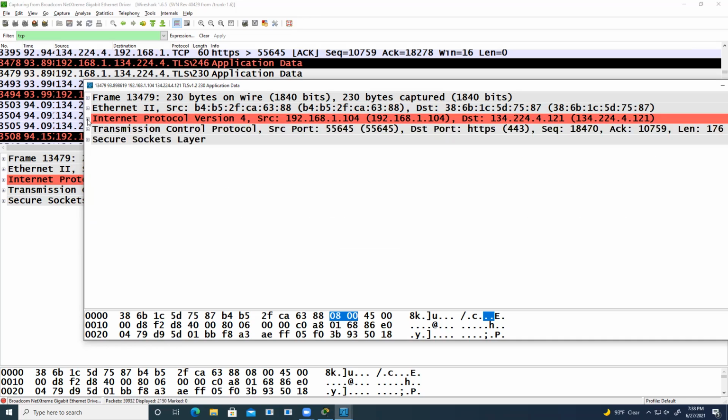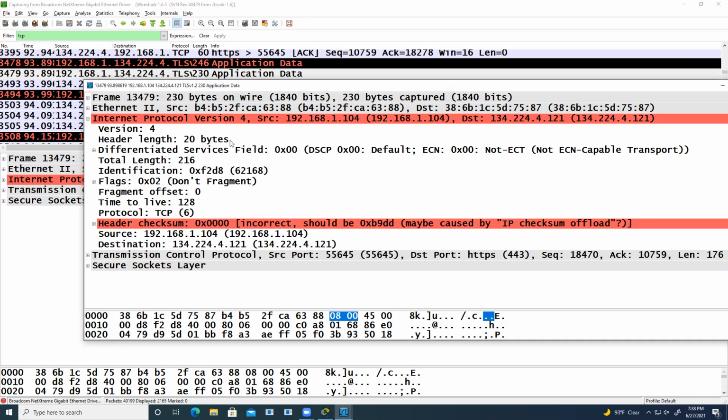Then when you click Internet Protocol, you can see a lot of additional info in the IP. Those additional info together are called the header. So every protocol has its own many pieces of information within it. To know about it, you need to open it. When you open it, you can see many contents in that. So those contents together we call the header.